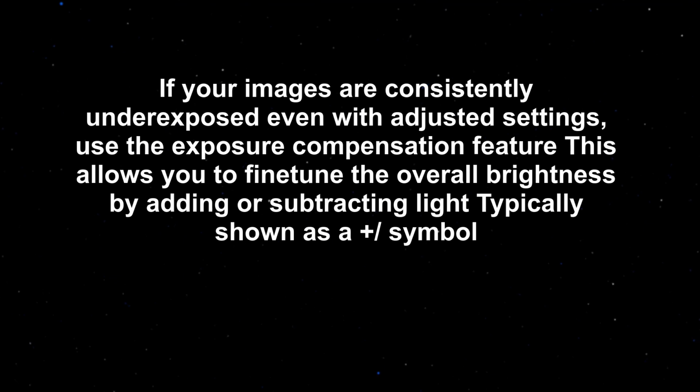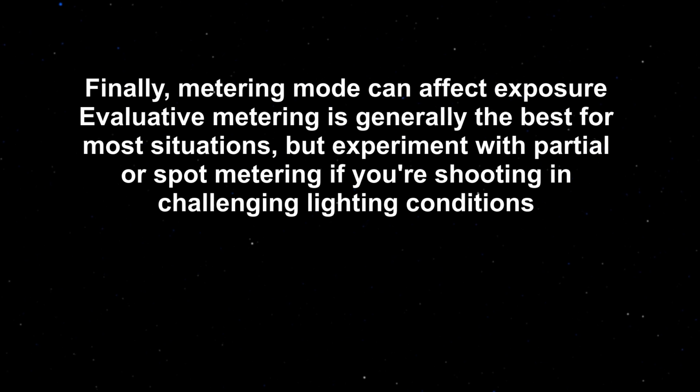If your images are consistently underexposed even with adjusted settings, use the exposure compensation feature. This allows you to fine-tune the overall brightness by adding or subtracting light, typically shown as a plus symbol. Finally, metering mode can affect exposure. Evaluative metering is generally the best for most situations, but experiment with partial or spot metering if you're shooting in